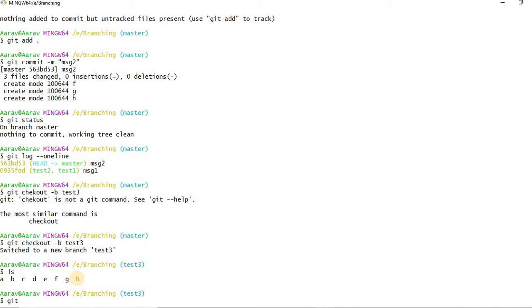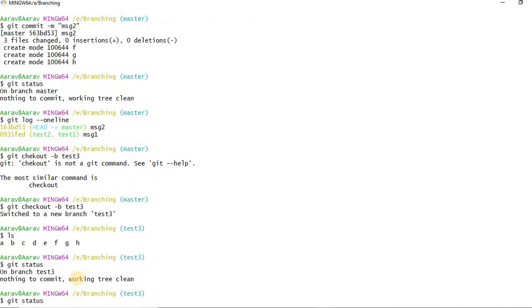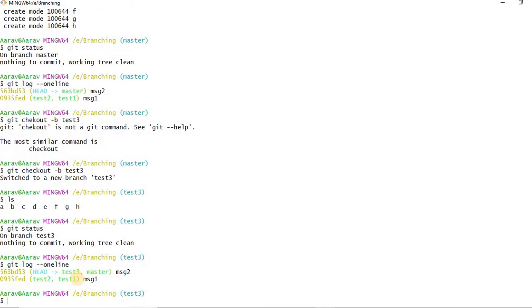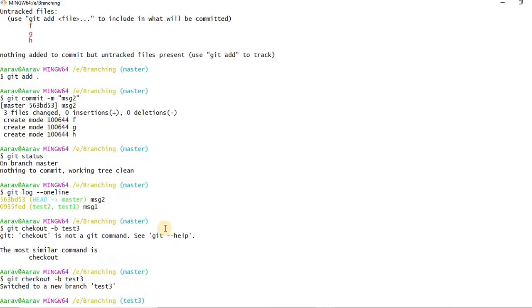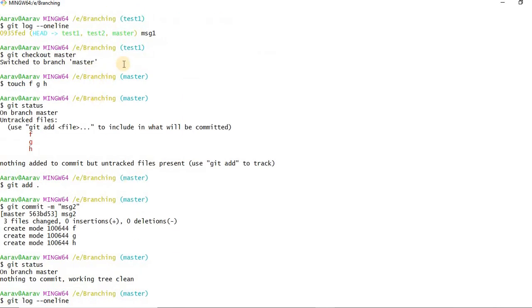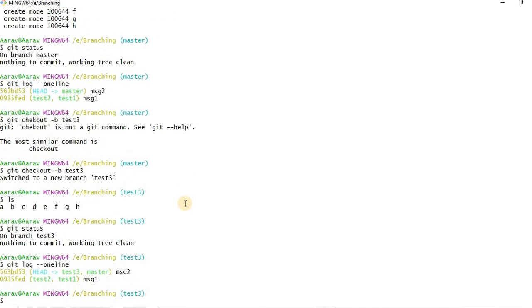So just git status, nothing is there. Just check git log -1. See, you could see message 1 and message 2. At this point, where you see this, we have only message 1. So the simple thing is, whenever you create some branches, whatever commit history exists on that branch till that time will be moved to the newly created branch. That you should remember. Very important point.